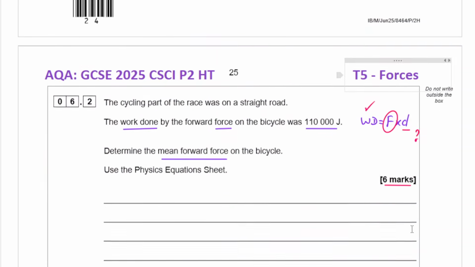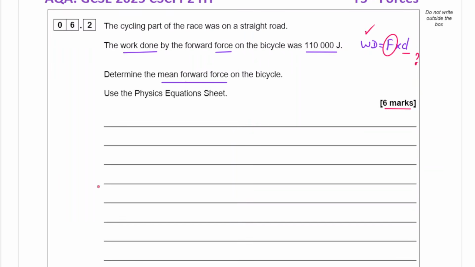So time taken is 1400 seconds. The mean or average speed, let's say the mean speed